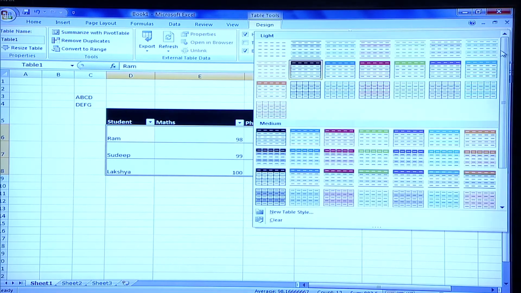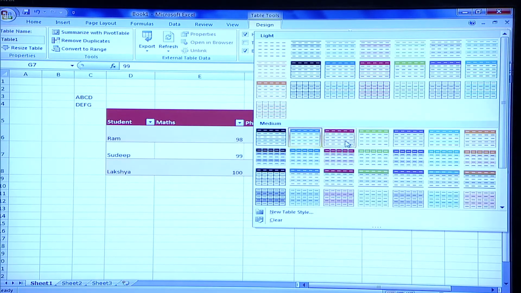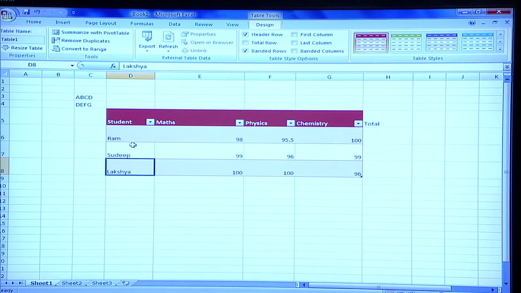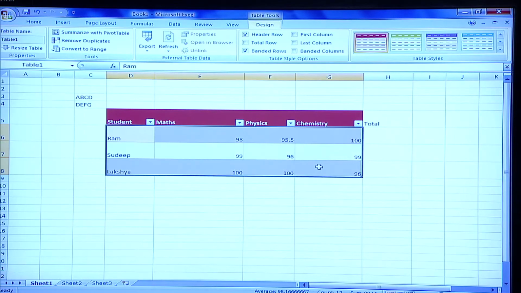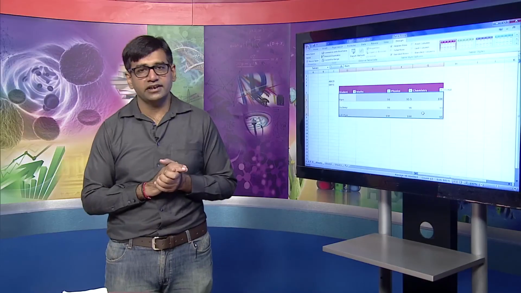Again, if you also want to change the style, if you want a medium, you will also be able to appreciate that in order to make sure that these data rows are much more usable in terms of their visibility, they are doing a segregation of colors automatically. Segregation of colors is very important as part of the data entry operations. For the purpose of simplification, I have chosen a data set of just 3 rows, but while you will be working as a data entry operator, you will be working on thousands of rows.